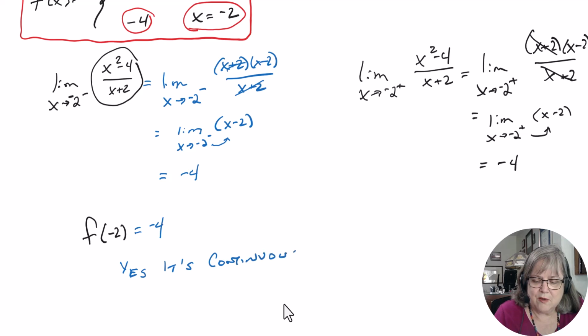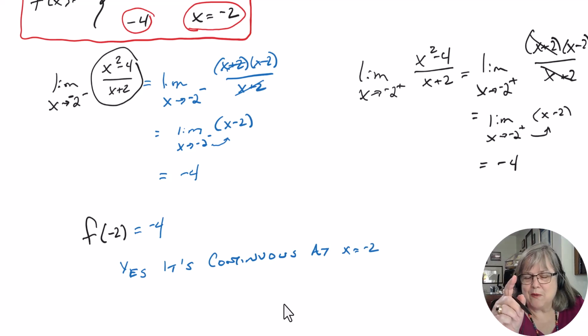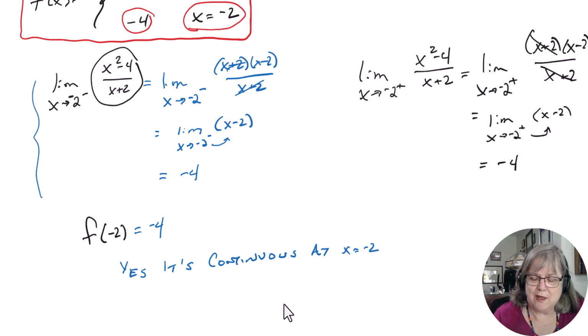Yes, it's continuous, not at x is equal to -2. And if your teacher says why, is it continuous, and then has why with a little question mark, or explain why, or justify your answer, this up here is the justification, but you really need to put it in your final answer. And you can say, because,